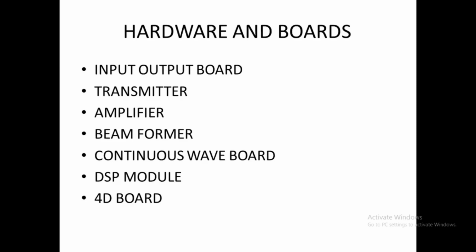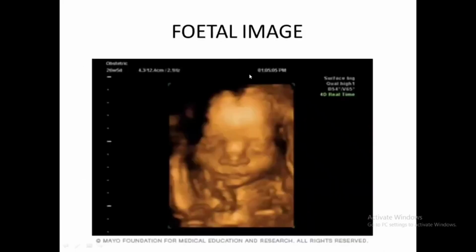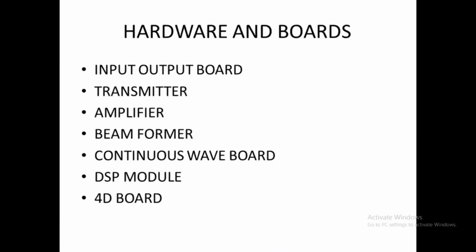So what is a beamformer board? This is something very important. What is a beamformer board and why has it been used here? As you can see here, one minute, I'll show you the image. Can you see the V-shape image here? This image is a beamformer, okay? This V-shape image, or curve image, you can only get if you have a beamformer board. It helps to form that image.